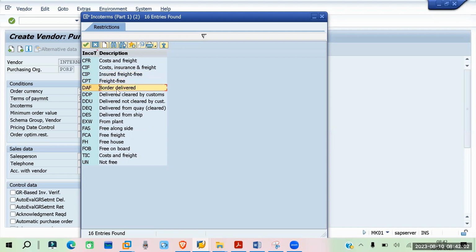Next one is border delivered. Border delivered means they will be delivering it to your border, or to their border, then you have to receive it from there. Next one is DDP, delivered duty paid, cleared by customs. So they will be delivering you the product and they will be doing the customs duty. Means they have taken the customs duty from you, or maybe the customs duty is included in the material charges, so they will be clearing the customs. Okay, DDU is delivered not cleared by the